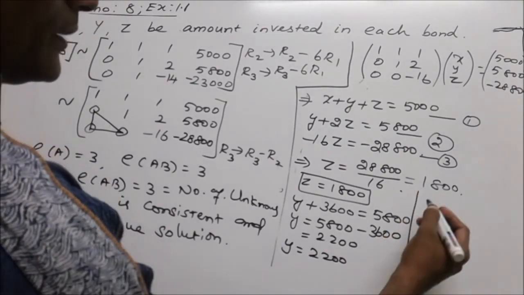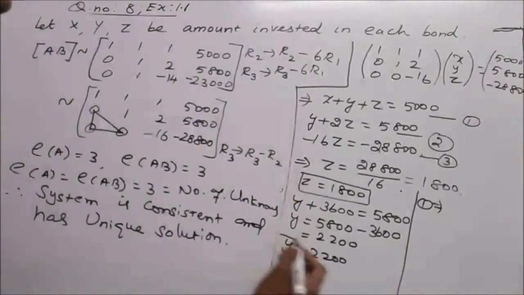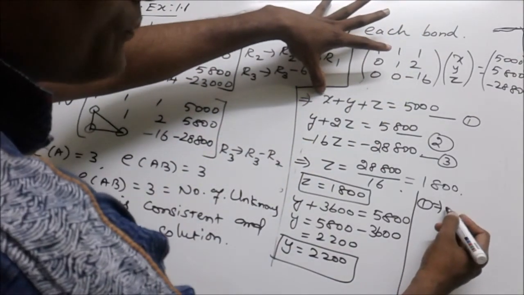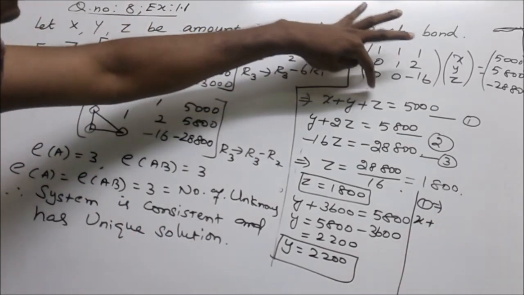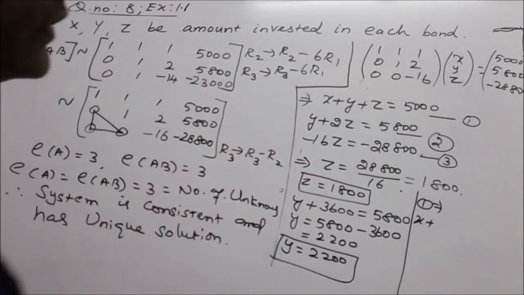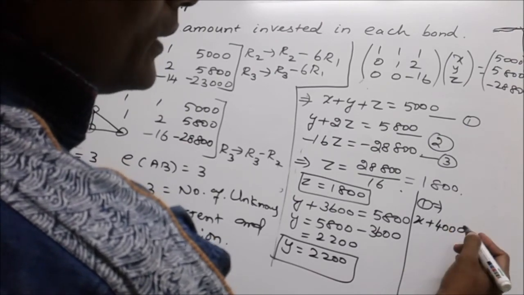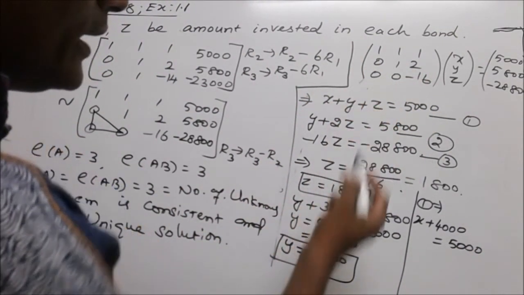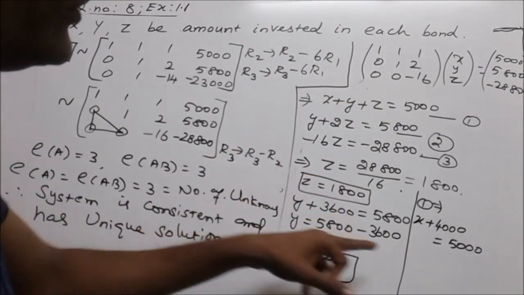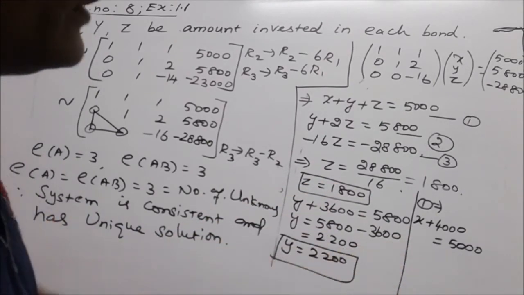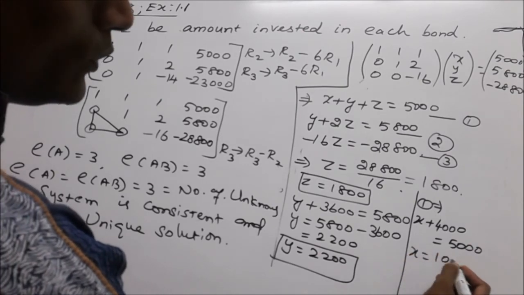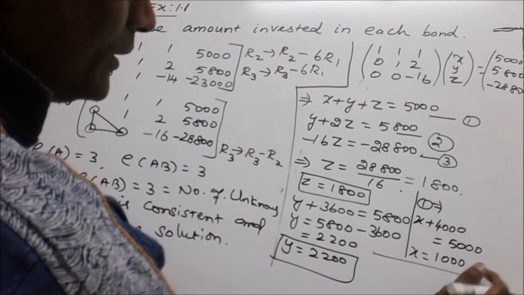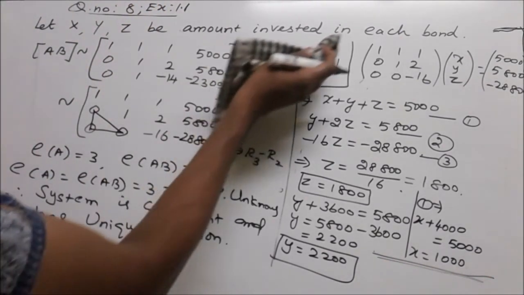And x: substituting the values of y and z in equation 1, we have x plus y plus z equal to 5000. So x remains the same, x plus, adding the values of y and z, 1800 and 2200, which gives 4000. So x plus 4000 equals 5000, which implies x is equal to 1000. Therefore, the solution is x, y, z equal to